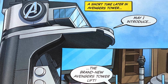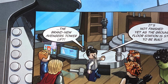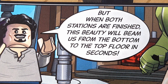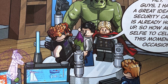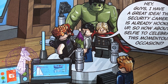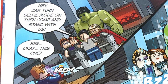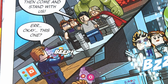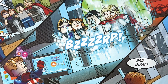Back at the Avengers Tower, Stark starts showing off his latest invention, the brand new Avengers Tower lift. Well, he calls it a lift, but what he actually describes sounds more like a teleporter between the top and bottom floors. Even though the ground station hasn't been finished yet, Tony decides they should take a group photo to mark the occasion. With all the other Avengers stood on the transport stand, Tony tells Captain Rogers to turn selfie mode on, but he has no clue which button to press, and one ill-judged tap later, the Avengers vanish